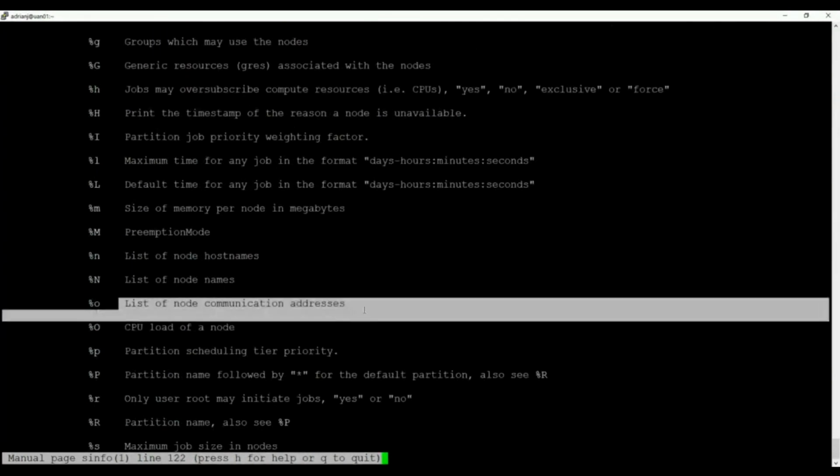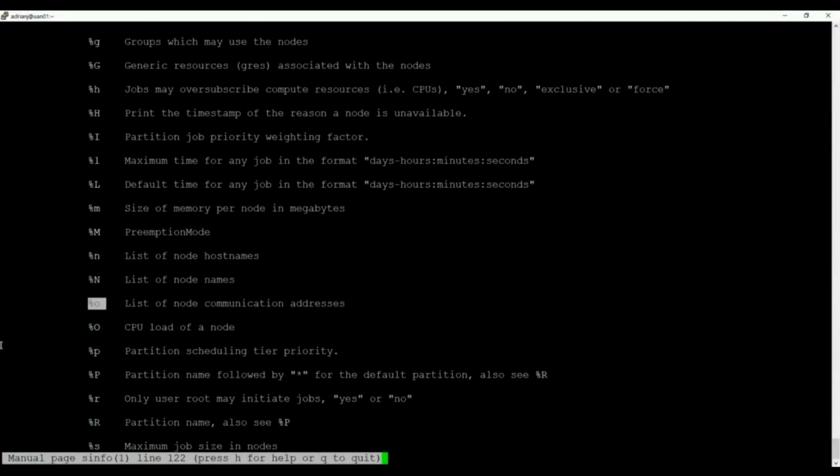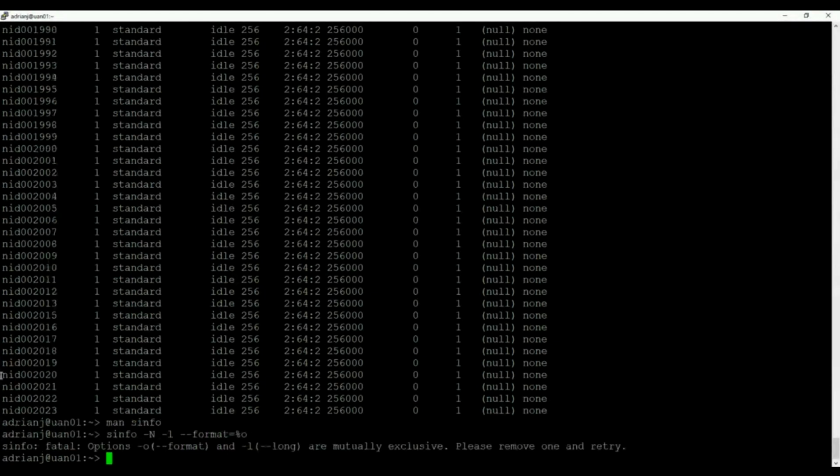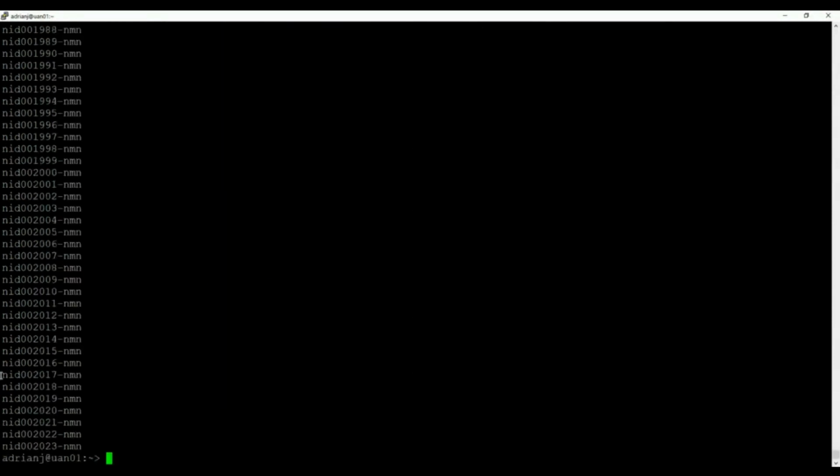List of node communication addresses. I don't know what that will do on ARCHER2 actually. So if I said equals, it's just telling me their communication address. Okay, it's just telling me their host name. So there's a whole